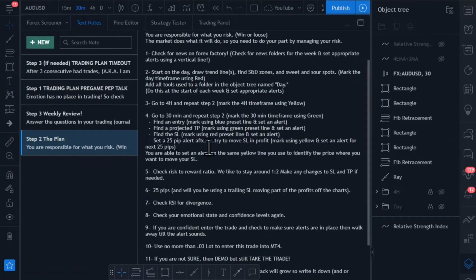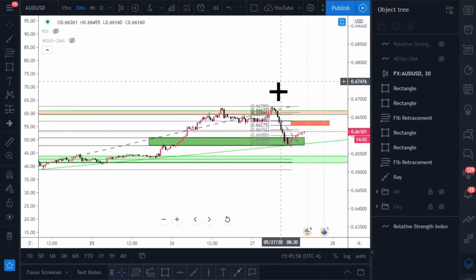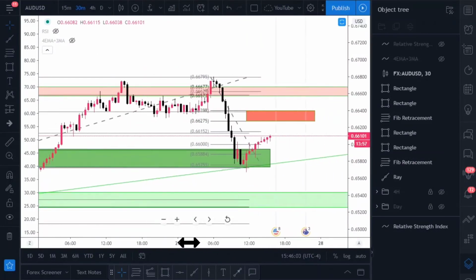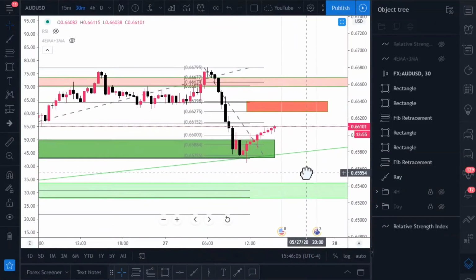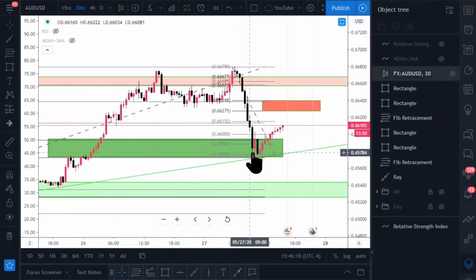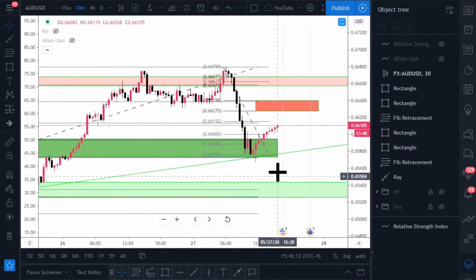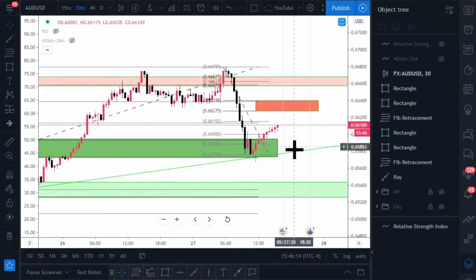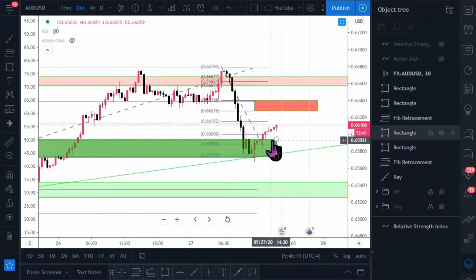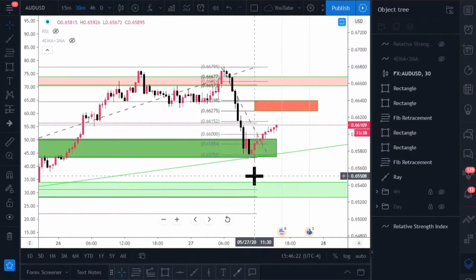Okay, so now that we have our daily, 4 hour, and 30-minute done, we check our risk to reward ratio after we check for our position. So we are looking for our next buy setup. It looks like we've missed the entry, so we'll have to wait for the retracement. Now we can potentially